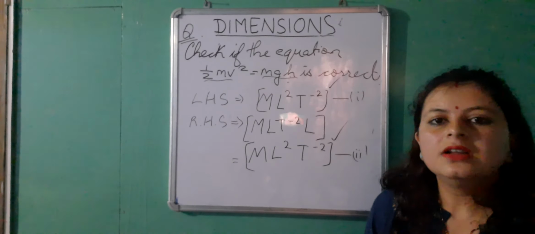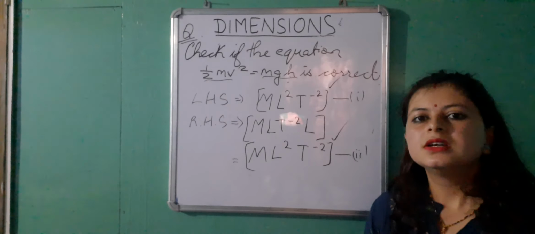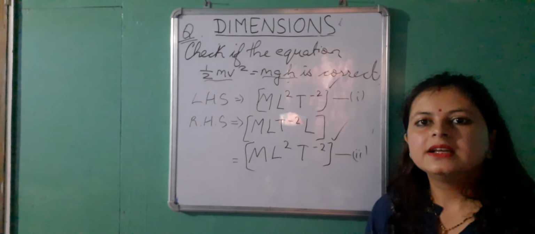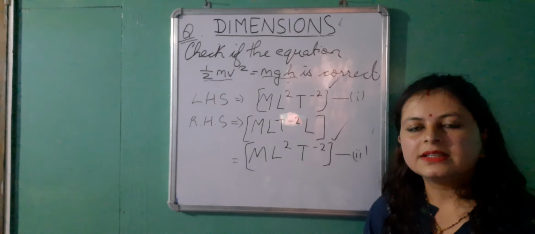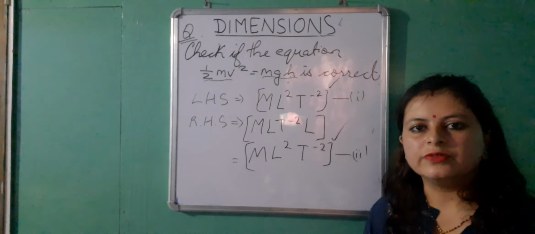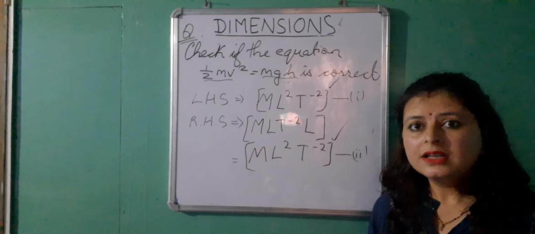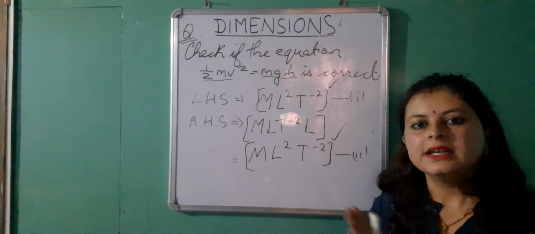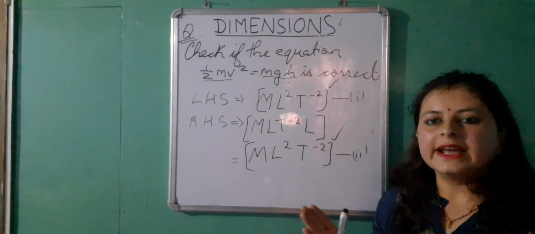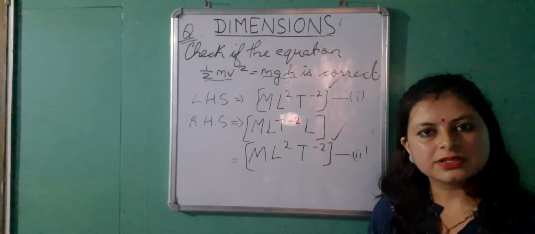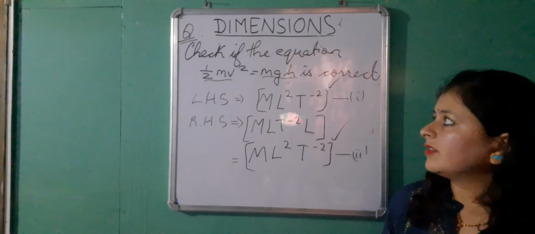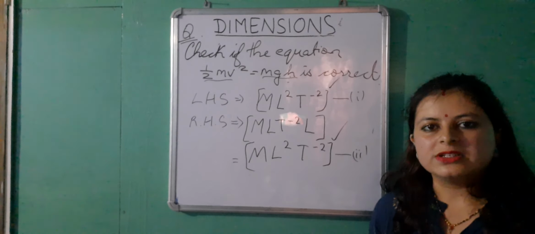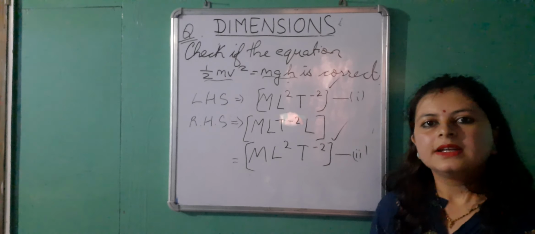So that is all in this topic, dimensions. Let me give you a recap of what we have done. Firstly, we learned what exponents actually are. Then we learned what dimensions are. These are the powers to which the fundamental units have been raised. Thirdly, we learned dimensional formula. We also learned how to represent a physical quantity in terms of its dimensional formula. Next, we learned the uses of this dimensional analysis. And lastly, we have done a few simple numericals based on dimensional equations and dimensional formula. I hope you have understood well. Thank you for your attention.